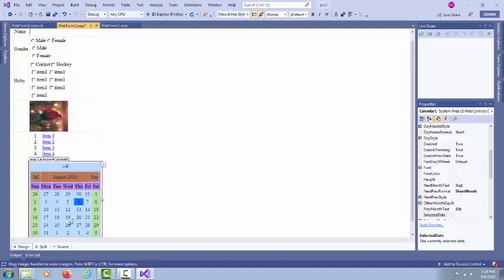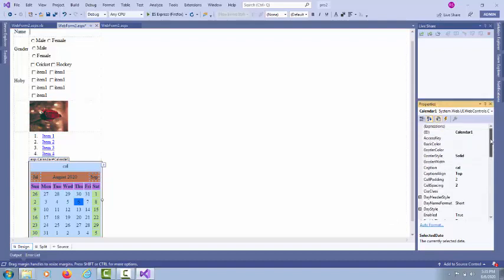Yes, so we can also use a third party control or jQuery with the textbox control or any other thing. So it will be much better. So simply we learn about the ASP.NET calendar control. So there are some properties available.